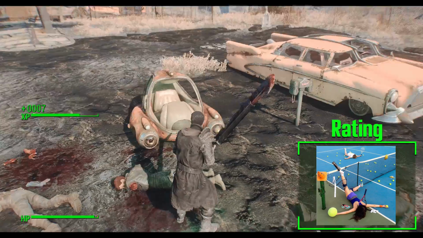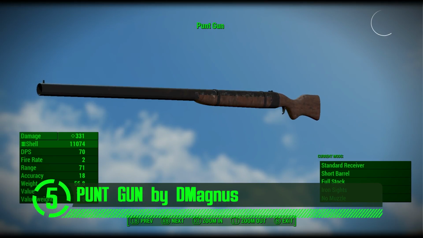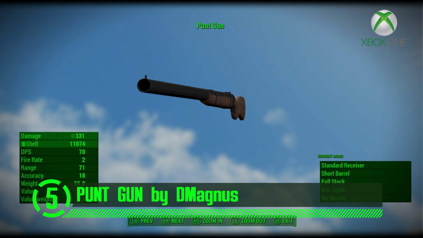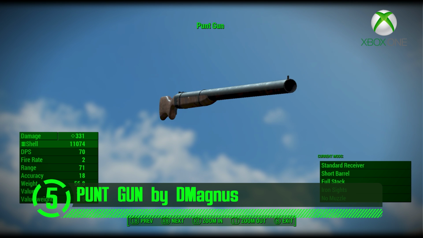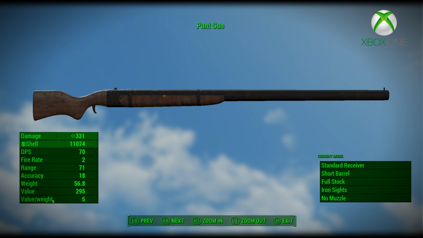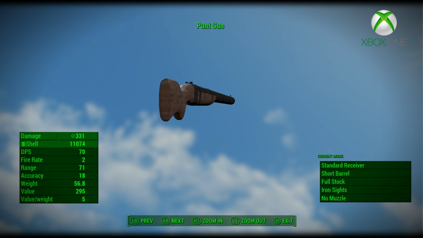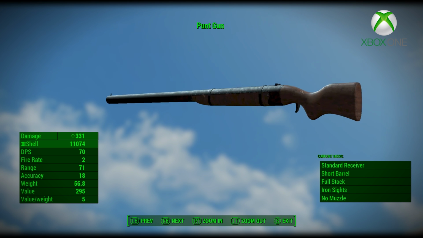I'm in excruciating pain. At number 5, we have the Punt Gun by DMagnus. This mod adds a massive shotgun to the world of Fallout, and when I say massive, I mean it's big. The Punt Gun was often handmade, and it was used through the 19th and early 20th centuries for mass hunting